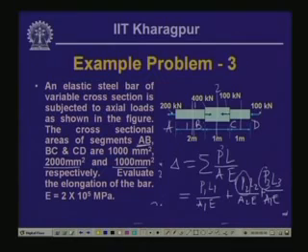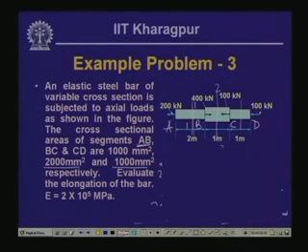For the third segment, P3 is compressive and again negative. Now, if we substitute these values, as we know the values of P1, L1, A1, and correspondingly P2, L2, A2, and P3, L3 and A3, we can compute the